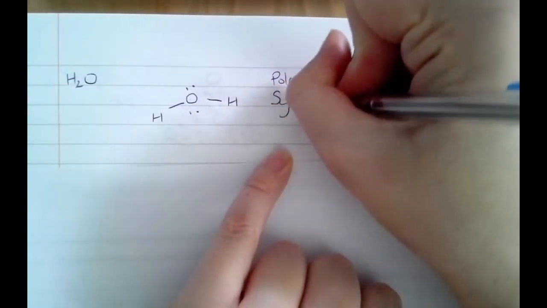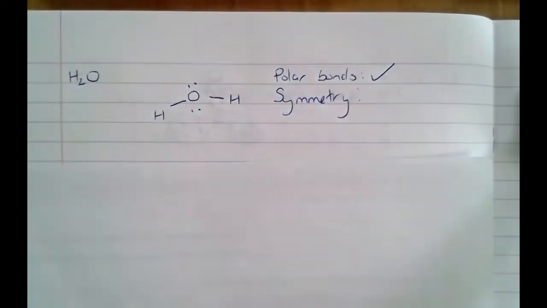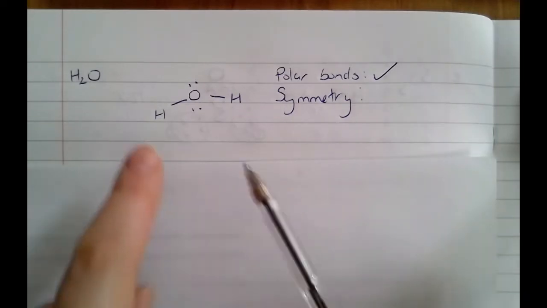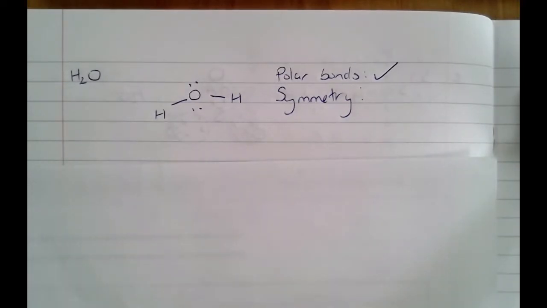Then I need to ask myself, do I have perfect symmetry? If I do have perfect symmetry, then my polar bonds will just cancel each other out and it will be non-polar overall. If I do not have perfect symmetry, the polar bonds do not cancel out and I do have a polar molecule. The way I've got it drawn here, it's hard to see if I've got symmetry. So the best thing you can do is work out the shape of the molecule, and the shape will tell